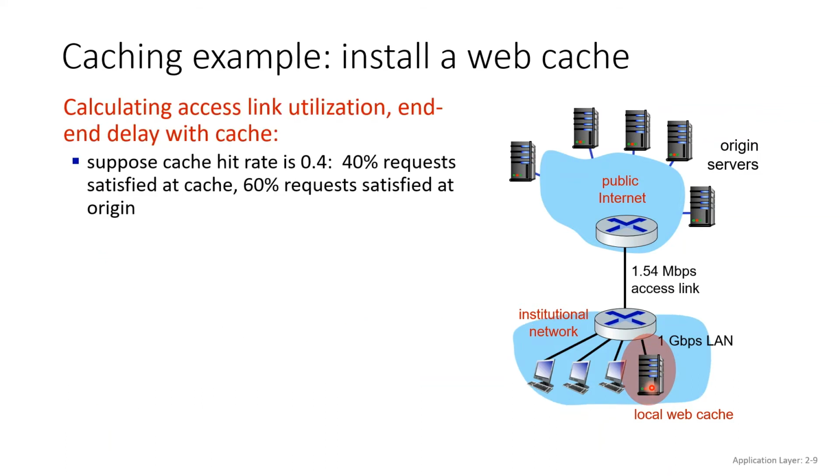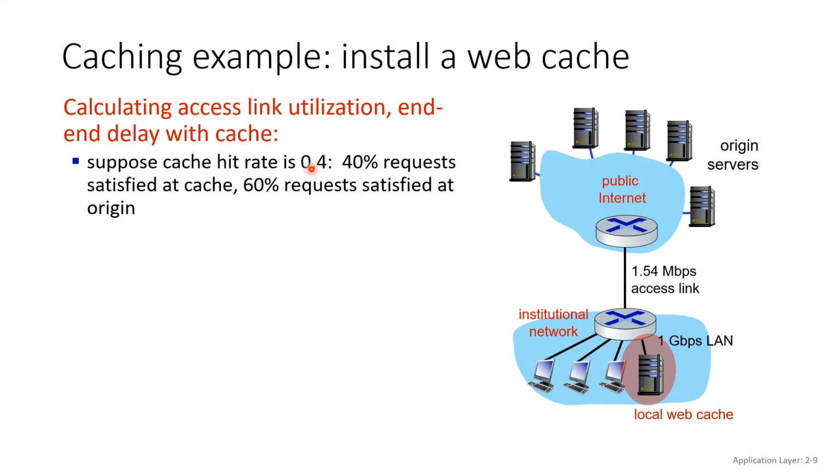All right. So we have something called the hit rate. That's basically the requests that the cache can satisfy over the requests that it cannot satisfy, like when it has to go to the origin server outside. We call it the hit rate. In this case, we have